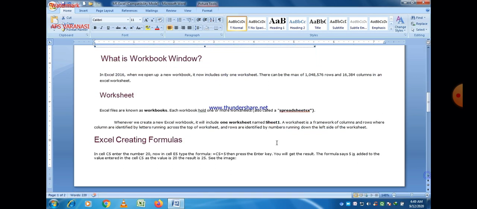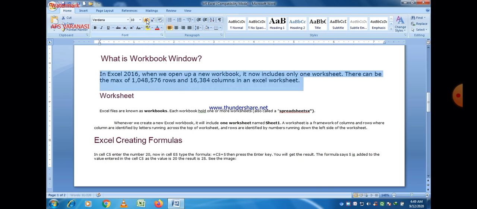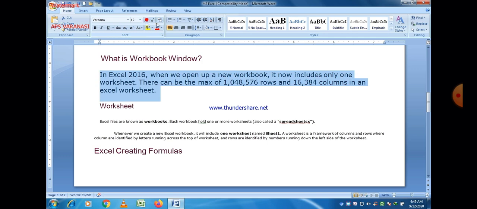So now the question arises in our mind: what is a workbook, or a workbook window? In Excel 2016, when we open a new workbook, it now includes only one worksheet.